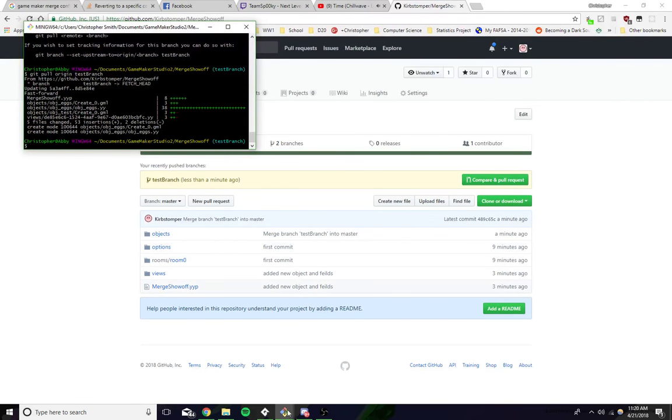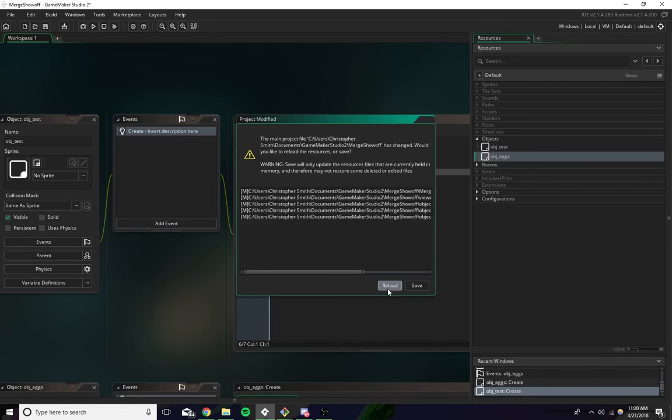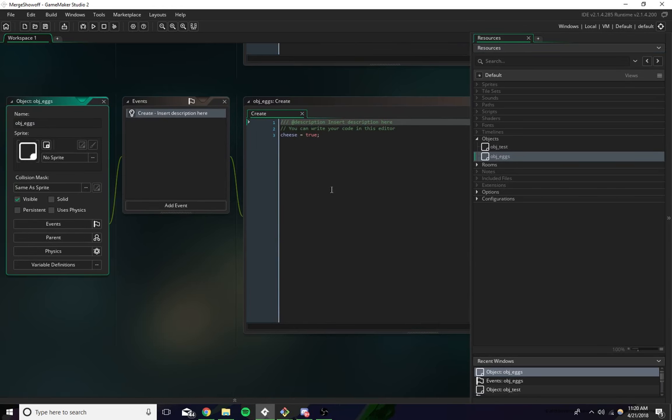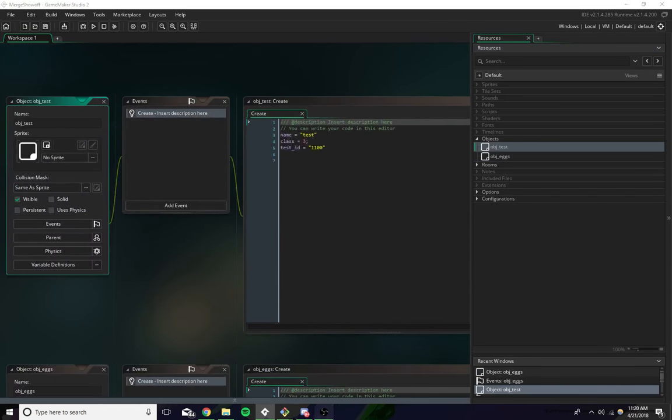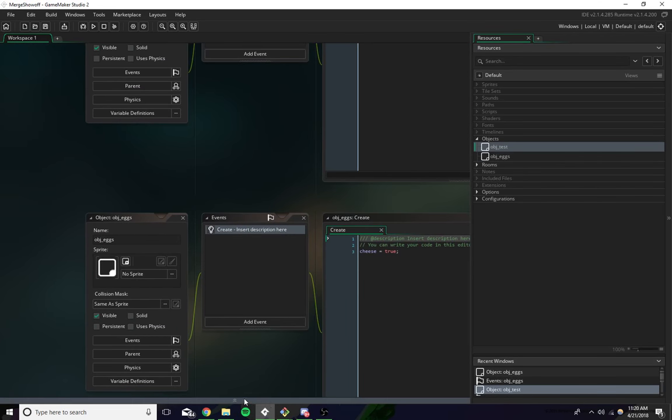So we can pull it there and reload. Now we have obj_eggs in test_branch, as you can see here. And that's basically how a conflict is resolved. Now the big thing that happens is when